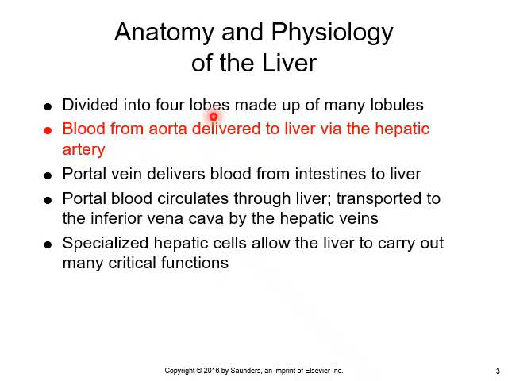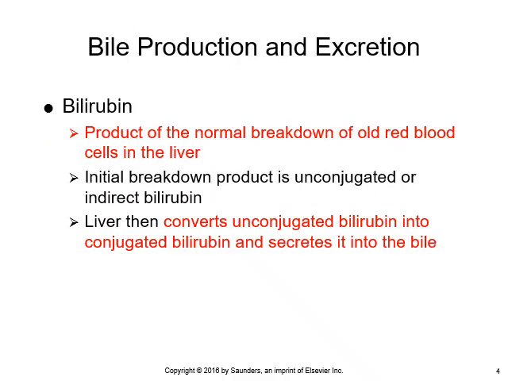Anatomy and physiology of the liver. It's divided into 4 lobes made up of many lobules, and the blood from the aorta is delivered to the liver via the hepatic artery. Bilirubin is the product of the normal breakdown of old red blood cells in the liver,